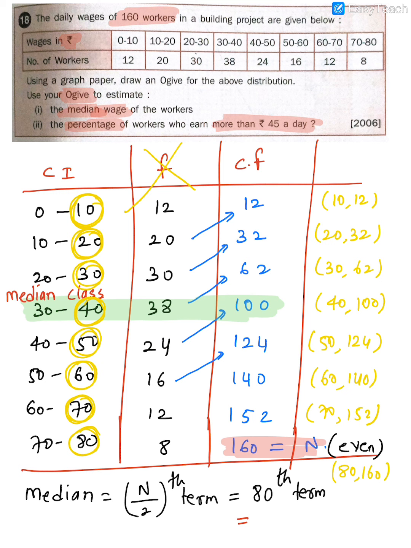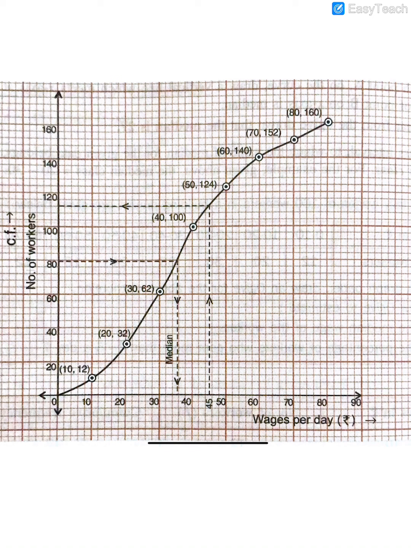Now, how to draw an ogive? I'll show you how to plot an ogive. First thing, notice that when you're drawing the axes, you have to draw the x-axis and y-axis. On your x-axis, you will always have your class interval. Could you make out? I wrote it with the black pen. On the x-axis, check. This is the